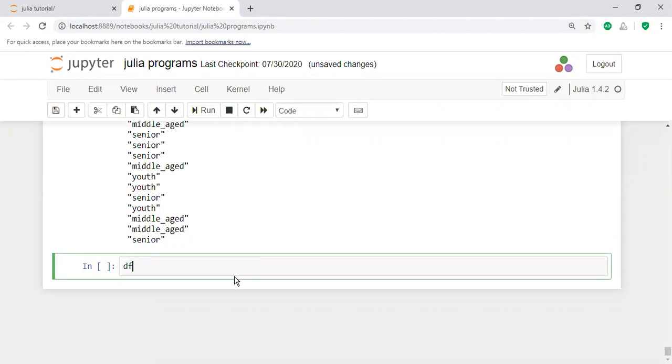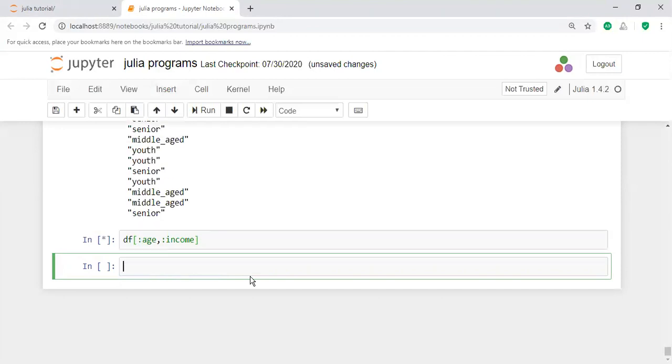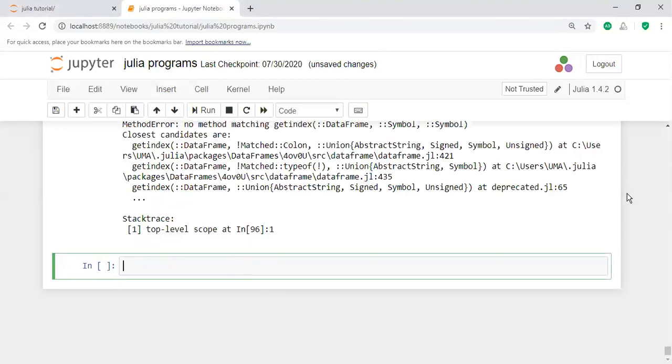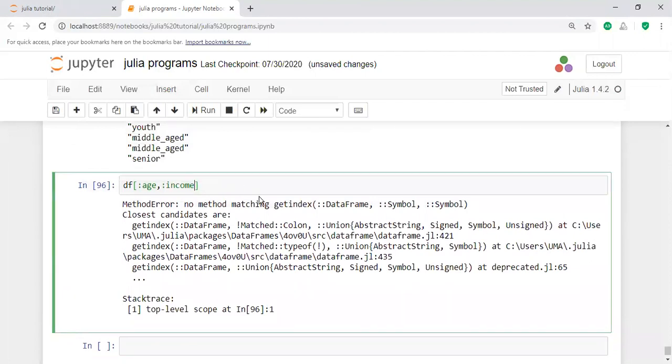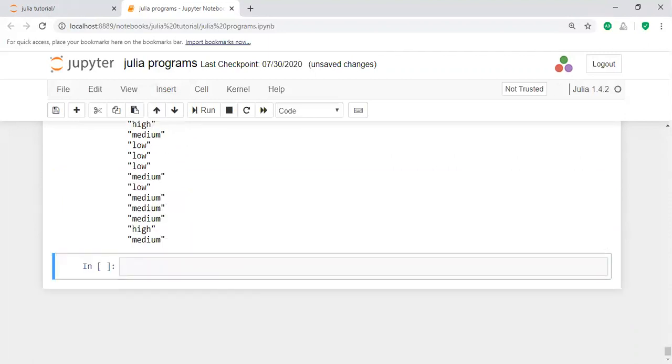For example, df with age as one column, comma, and income as another column. That means you will get two different columns here. The dot operator alone does not access multiple columns; for that you use another operator, and it will display the different values.